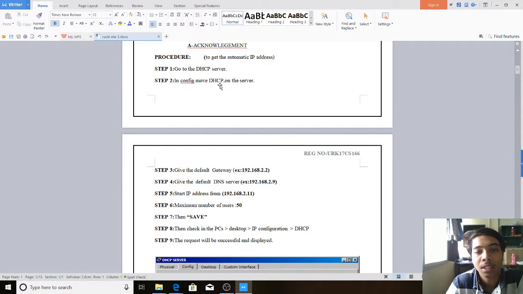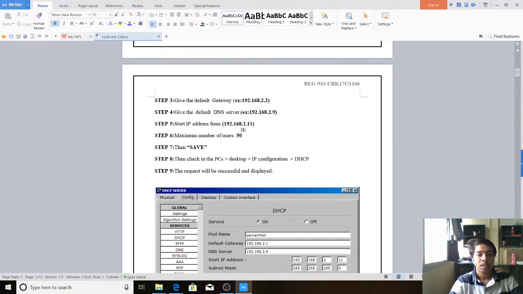Here is the procedure to get the automatic IP address. Step 1 goes like this: go to the DHCP server. In step 2, in config, turn DHCP on for the server. Step 3, give the default gateway, for example 192.168.2.2. Step 4, give the default DNS server. DNS means